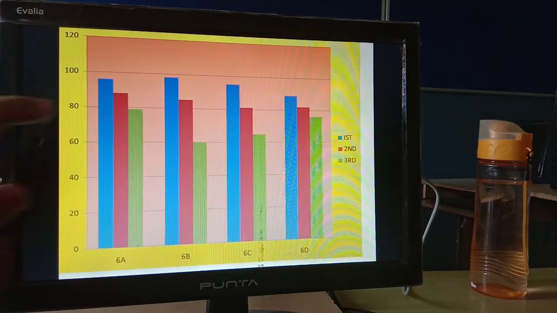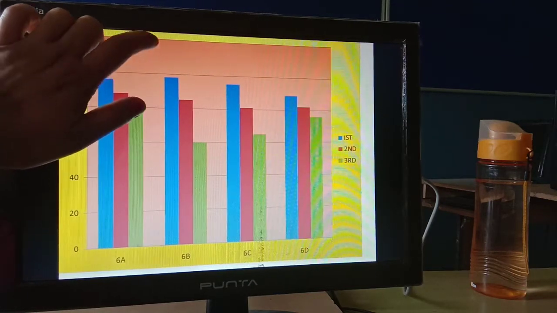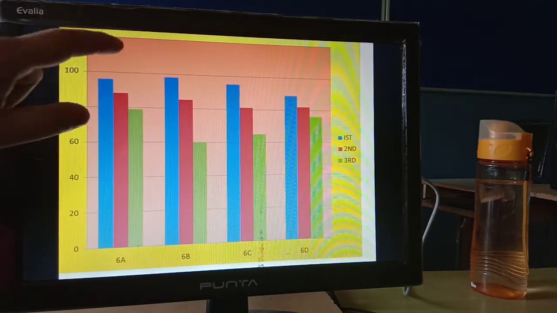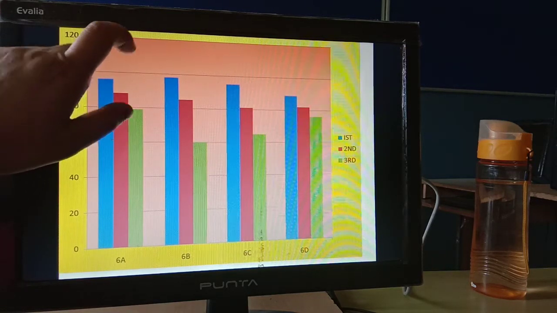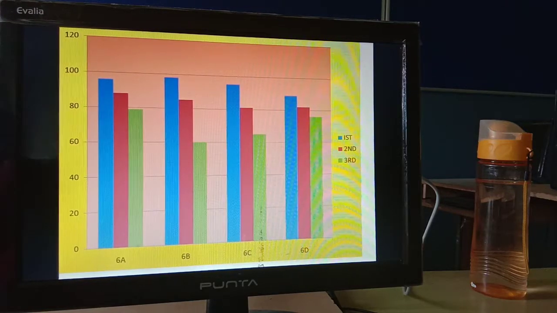These are called data series. This is called the plotting area. The yellow color belongs to the chart area, and the pinkish color area belongs to your plot area.